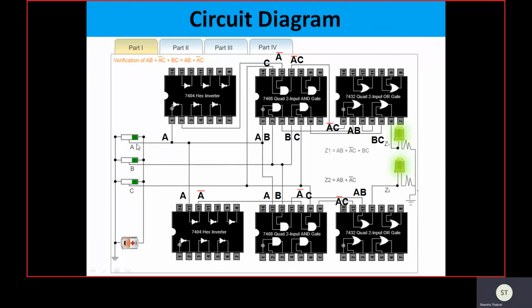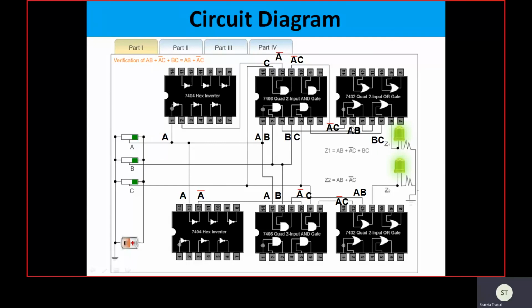So original inputs are A, B and C. A is passed to this inverter as well as this inverter to take the complement of A. The complement of A is required in this expression as well as in this expression. So here we can see A is passed here, B is passed here.